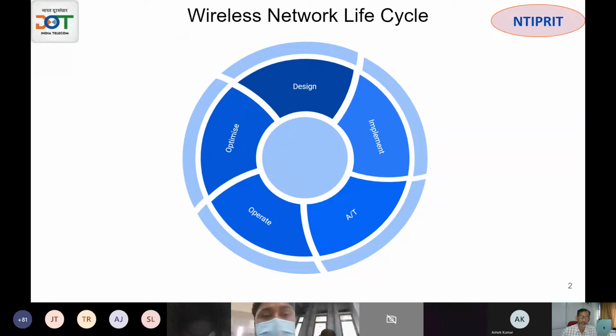Like I was telling in my opening remark during the inaugural session, the more you learn about tools and testers, with every button you learn the technology. The same is true, ditto, even for today's drive test tool or planning tool. If somebody is thorough in operating that, then he is a master of cellular technology. So that is a few things which I wanted to say to set the tone of our course.